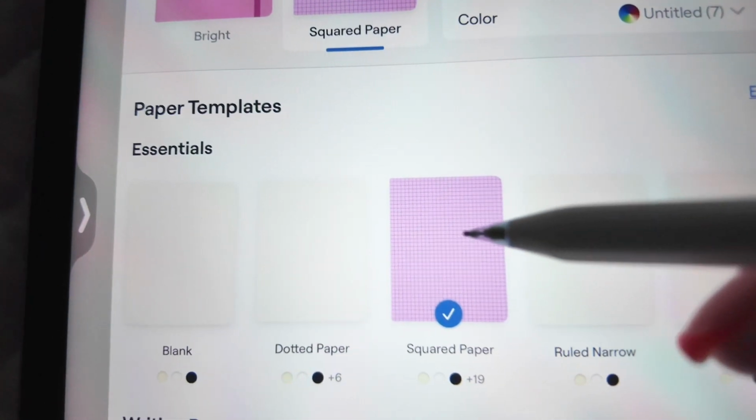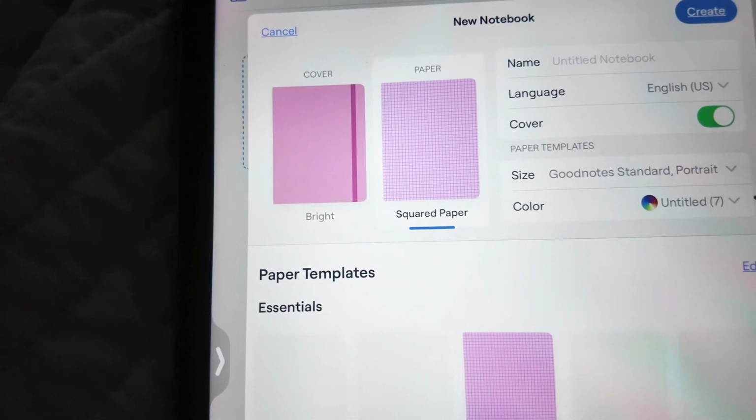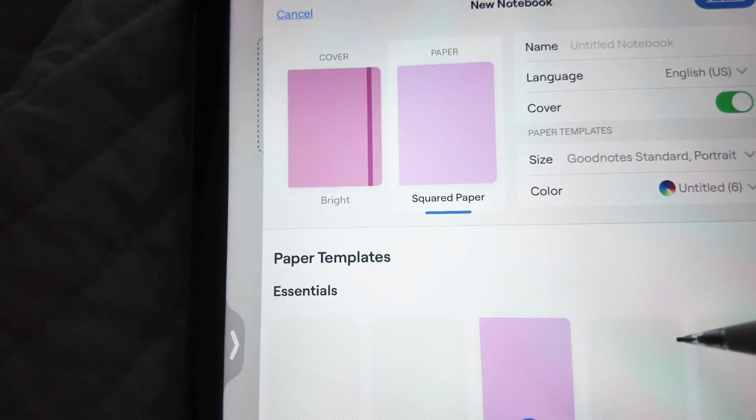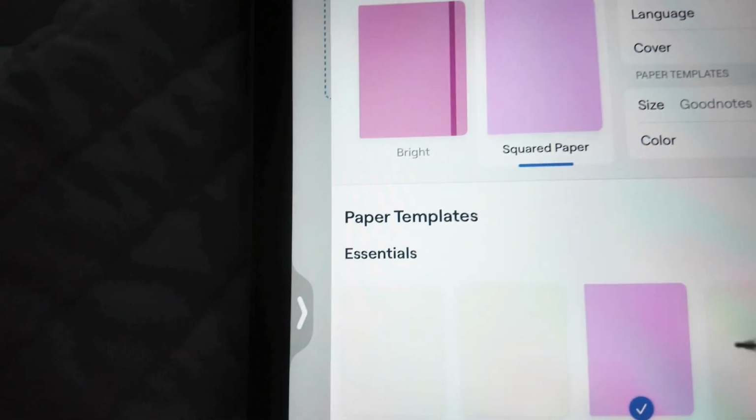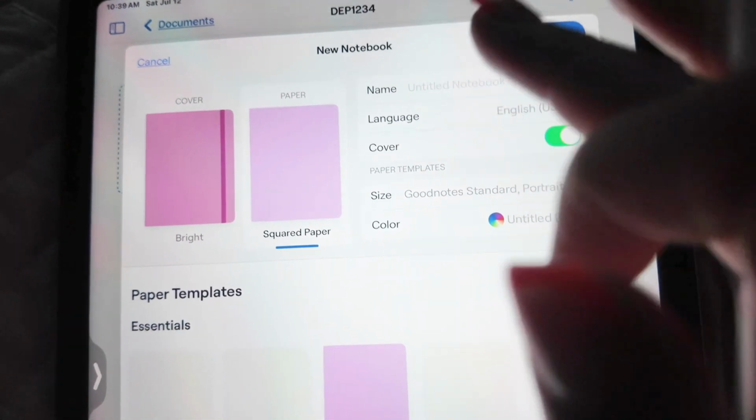And it's already created for me. It has the black lines. But let's say it's not created. Let's go with that pink. It's blank. It's like squared paper. So I'll show you. Then you want to call this